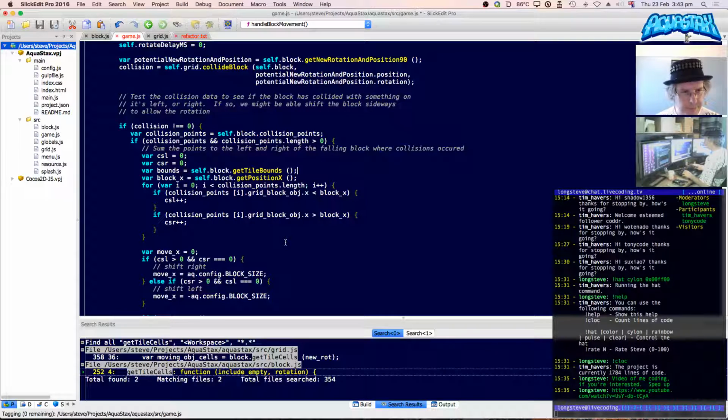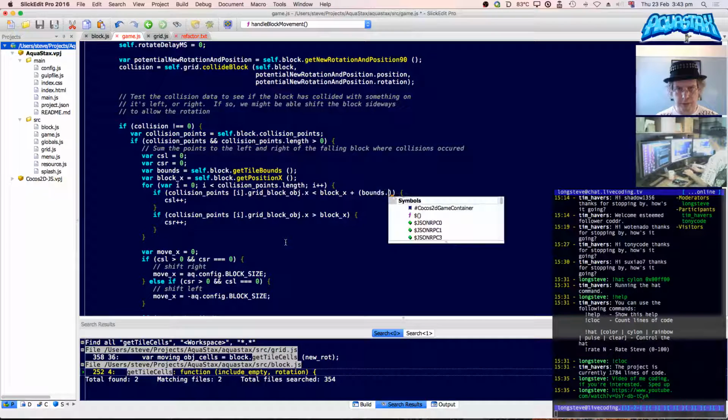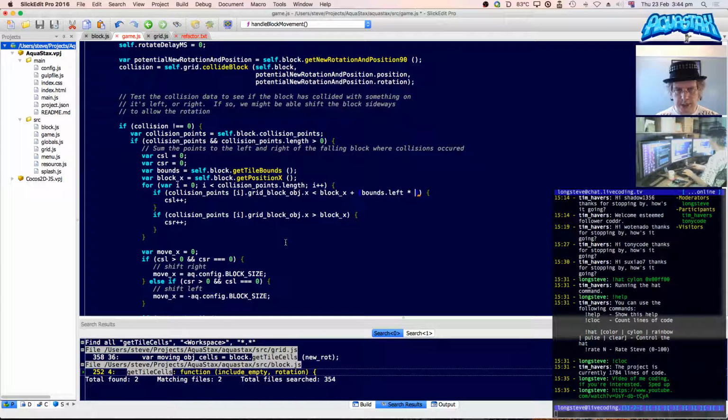So it's block X. When we're testing for block X is less than block X, this is testing for the left-hand edge. So it's block X plus left, so it's bounds.left times block size.